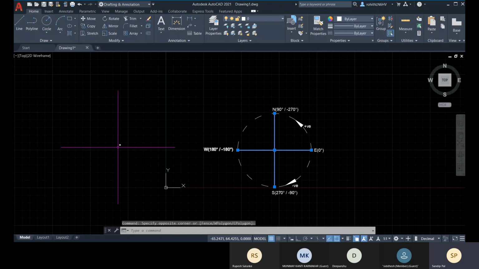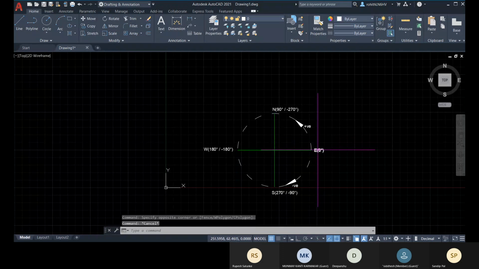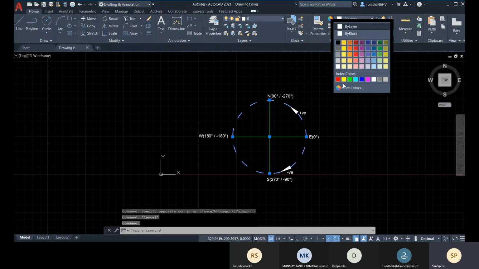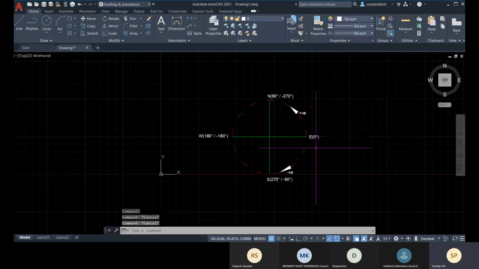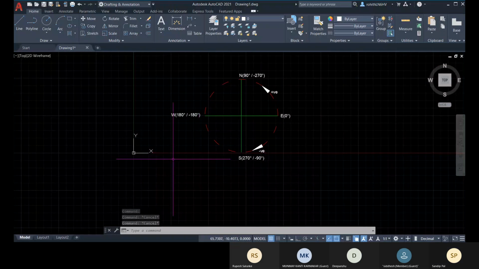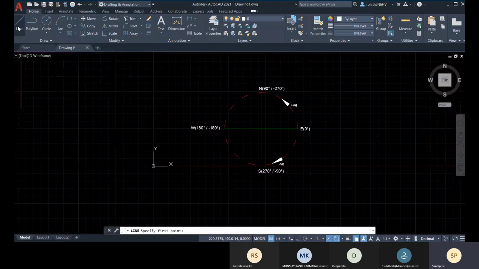All right. So let me just change the color properties for this. For this also, let me go with this red color here. Okay. Now, let's talk about the polar coordinate system, about the values polar coordinate.